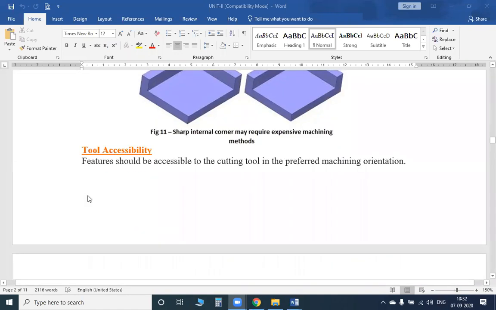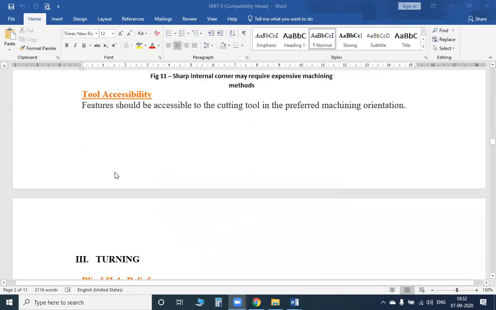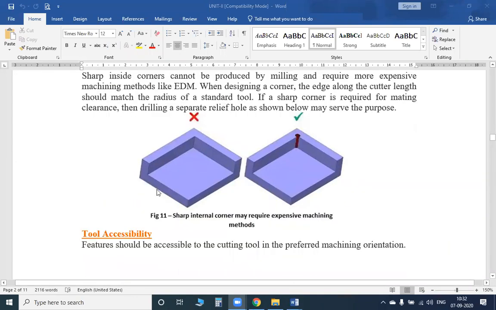Okay na? So the tool accessibility, so whatever I am telling is, the things which we are going to perform are in a manner that when you want to insert a certain type of tool, when you want to do a certain type of machining operation, it must be in a certain manner which can perform an operation at a certain space also.